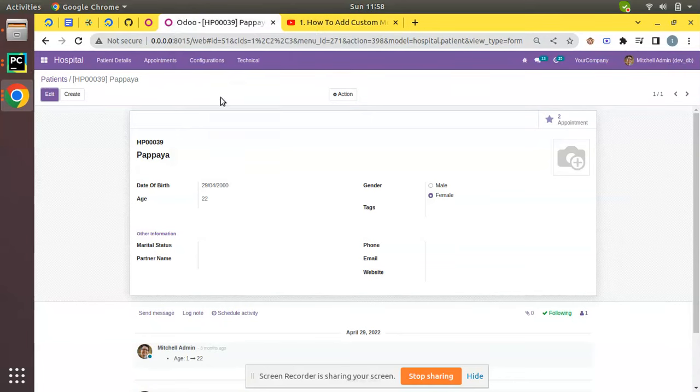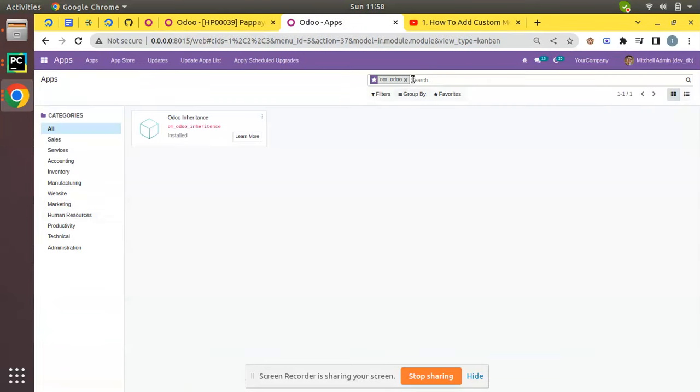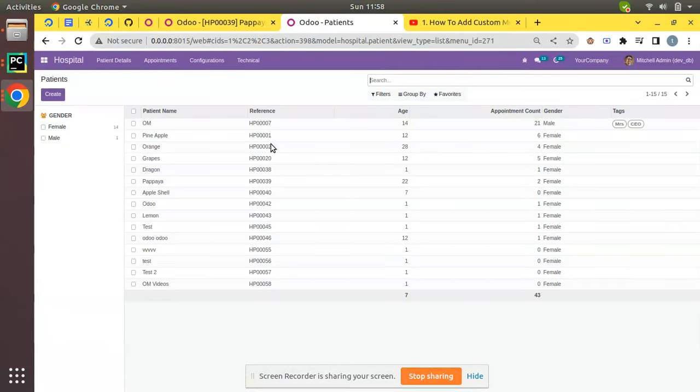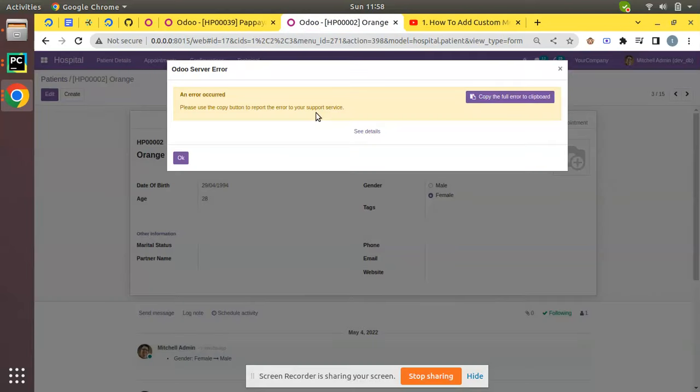Now I'll duplicate this tab and I'll upgrade the OM hospital module. So from the apps menu, I'll upgrade our development module, that is OM hospital. So you can see the module is getting upgraded without any errors. That's what I have told, Odoo version 14 reporting tutorials and 15 are same. And if I open any of the patients, you can see you have a print button which was not there initially. So here you have a print button, and if you click on print you will be getting an error